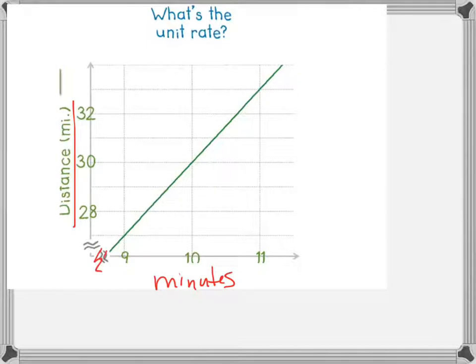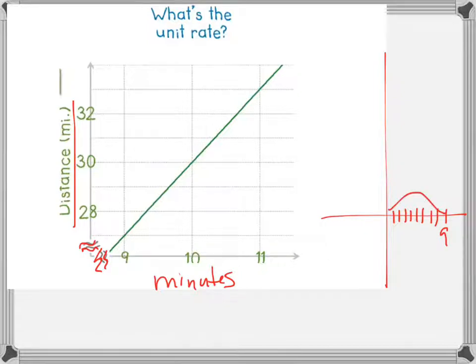So we make these little squiggly lines if we don't want to write, you know, 1, 2, 3, 4, 5, 6, 7, 8, 9. Basically, if I want to squish this distance down so that 9 is the first one, and then 10, and it goes by ones after you've made your first tick mark. So we can use those little scrunch marks to mean that. So this first point is 9 minutes